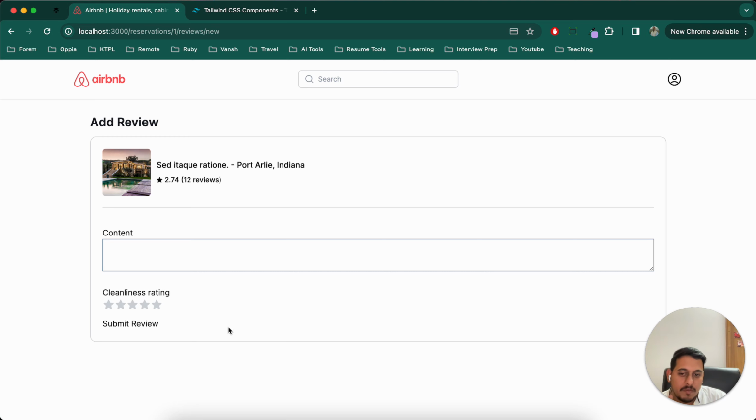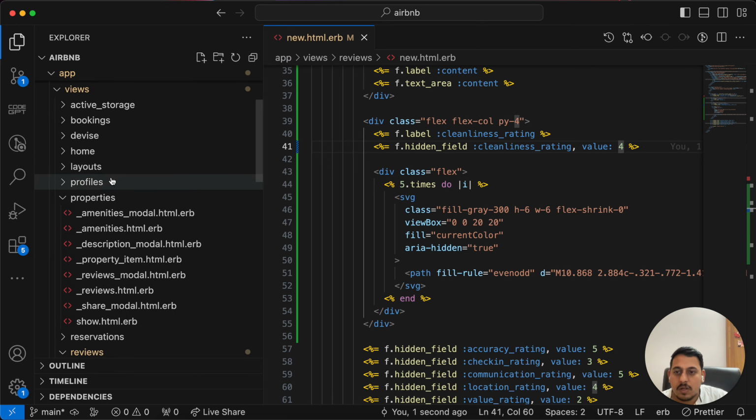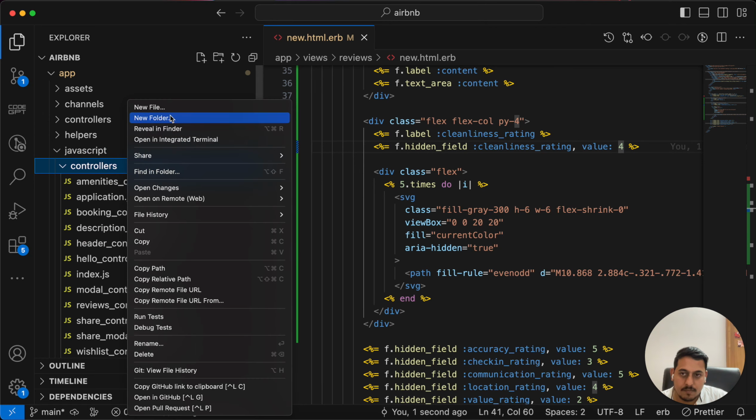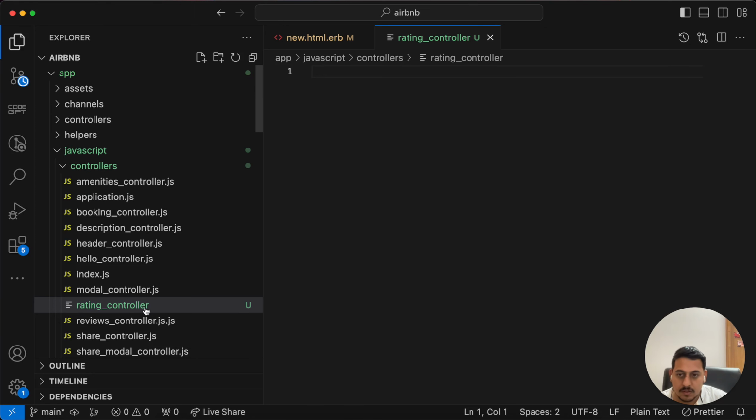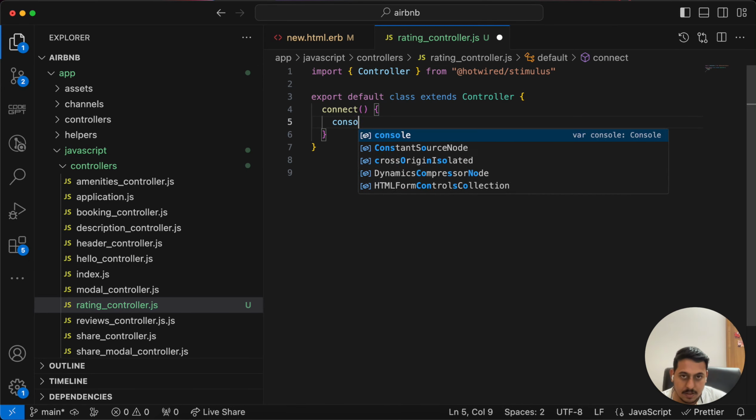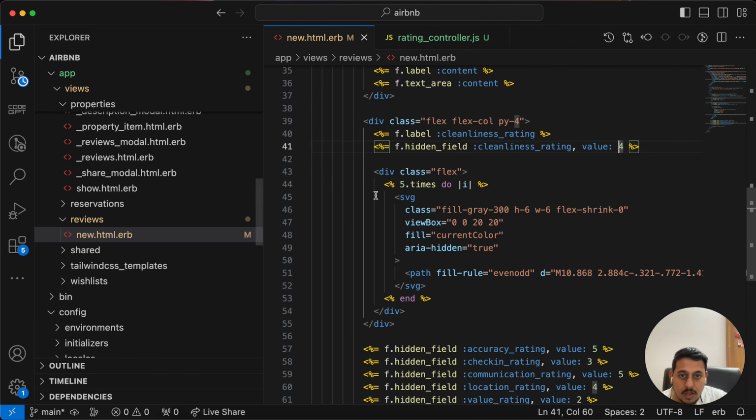Now the problem with this is we cannot do this with pure embedded Ruby code only. So here comes Stimulus again. So we can create a controller. Let's create a JavaScript controller, new file, rating controller. Okay, sorry, it's a .js. And in this I'll write, first we will have to check whether it has been connected or not. Rating controller, and we'll have to create a